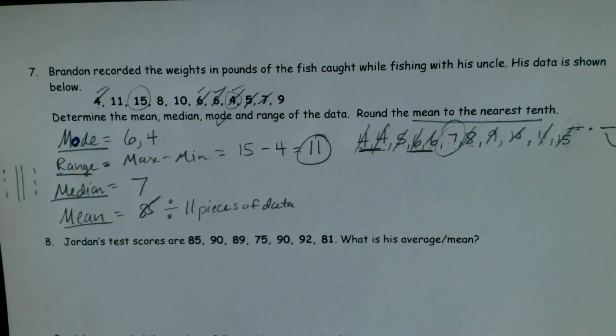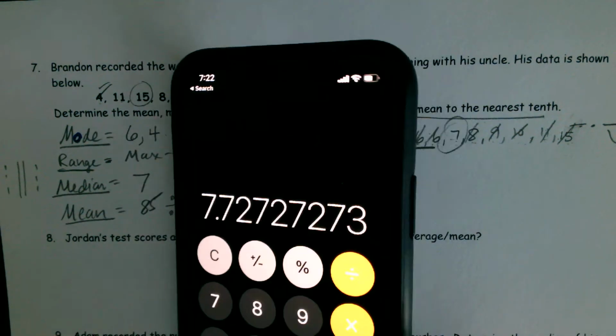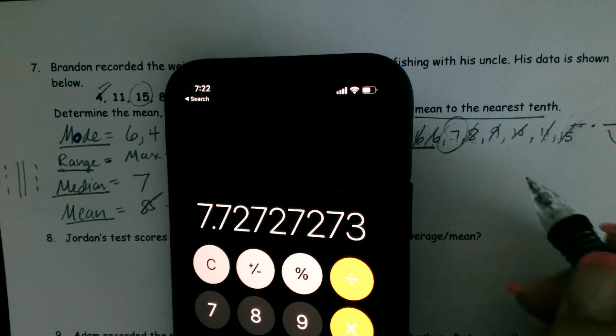I'm going to double check it and do it one more time. Make sure I didn't make any mistakes. And I did get 85 again. So I'm going to divide that by 11 because there's 11 pieces of data. So look at my decimals. My decimal I received,